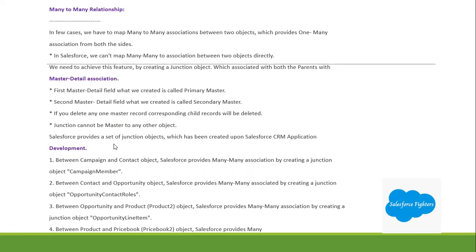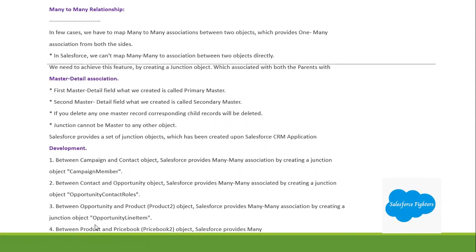Salesforce provides a set of junction objects which have been created upon the Salesforce CRM application's development. Between the campaign and contact objects, Salesforce provides a many-to-many association by creating a junction object, campaign members. Between the contact and opportunity objects, Salesforce provides a many-to-many association by creating a junction object, opportunity contact roles. Next, between the opportunity and product objects, Salesforce provides many-to-many association by creating a junction